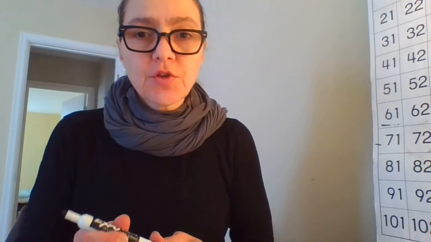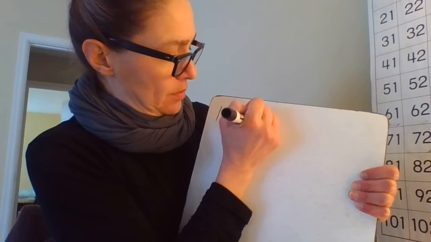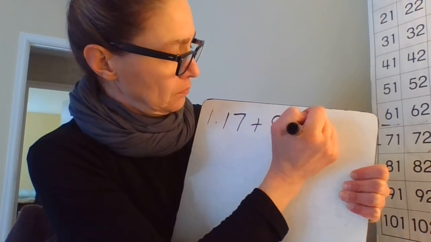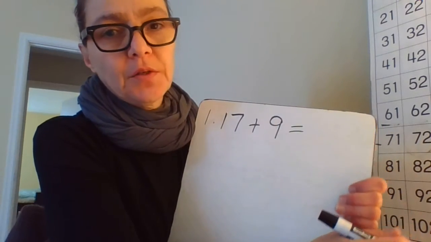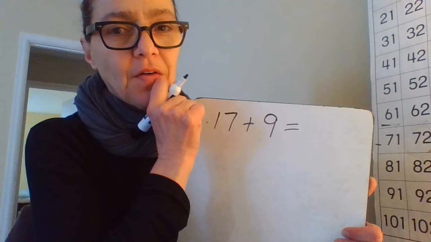Okay, so it says, guided practice. Use compensation to make numbers that are easier to add. Then solve and show your work. So number one, the first problem, they're asking you to solve 17 plus 9, and they want you to make it easier and quicker to solve. So when you use the compensation strategy, you're compensating, and to compensate means to